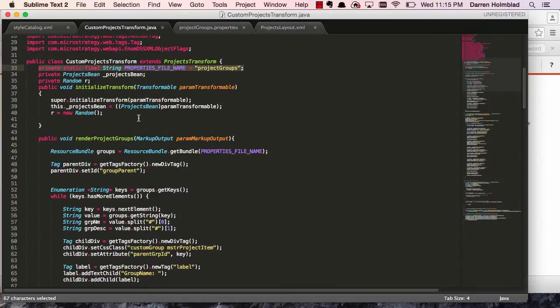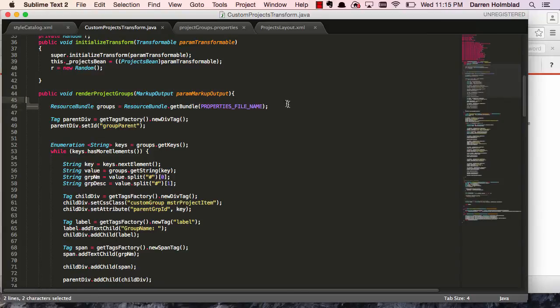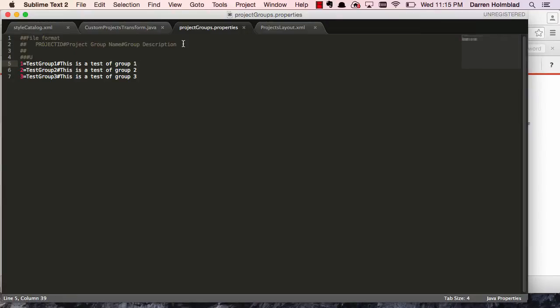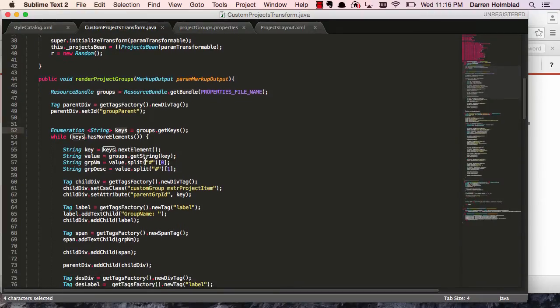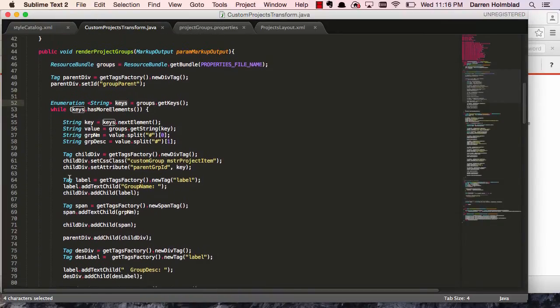And we can see in our custom projects transform, we have a string that stores the project group's name, and then we have a resource bundle, which is actually loading that resource file. So in the render project groups, after we load the resource bundle, we're going to loop through all of the groups that are set in the project group.properties file. We're going to loop through all the keys, and when we do that,